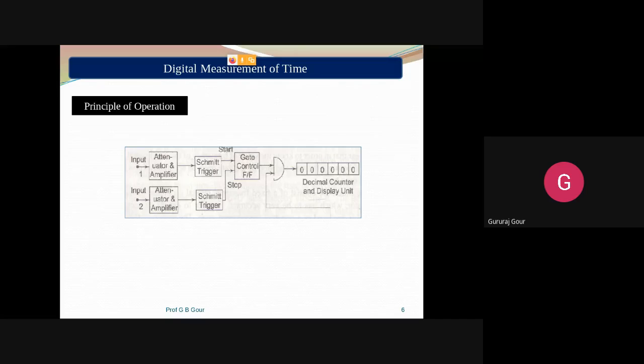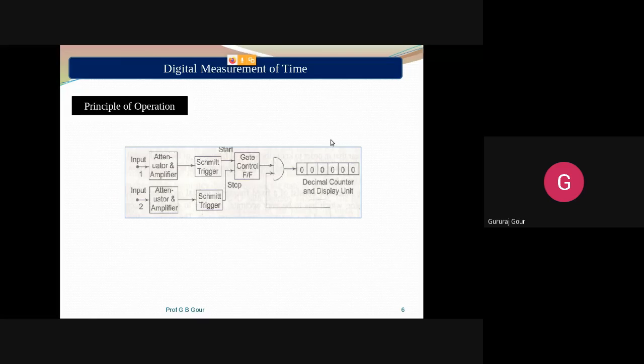the 0. So those two reference points we have to consider here in order to measure the time. Like that, if you consider any reference point, not only 0, any reference point on the waveform, a similar point you have to wait until you get it on the waveform. So these 2 points will give us the measurement of the time.